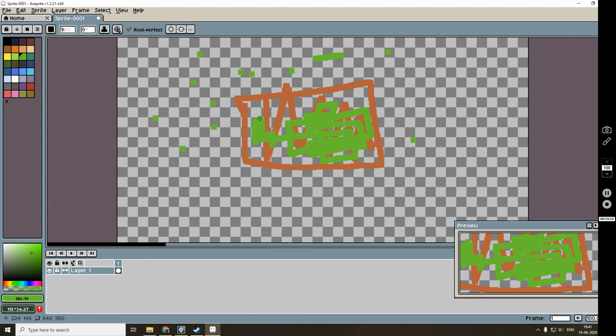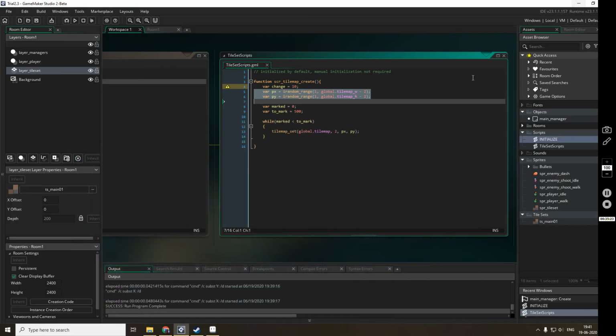So that is the reason we are following an algorithm to achieve this. While marked is smaller than 2 marked.